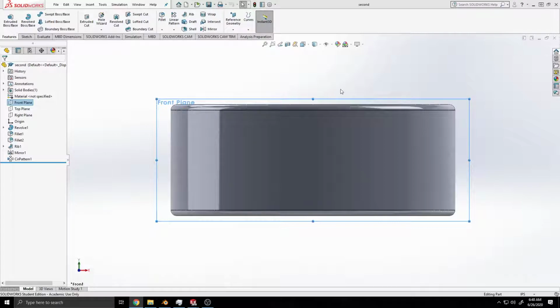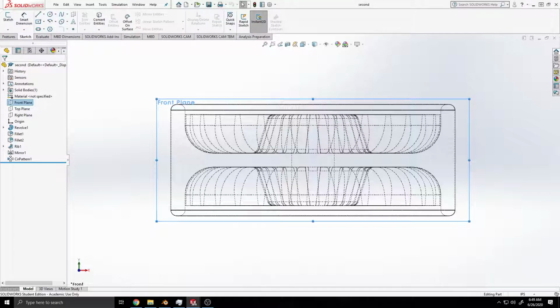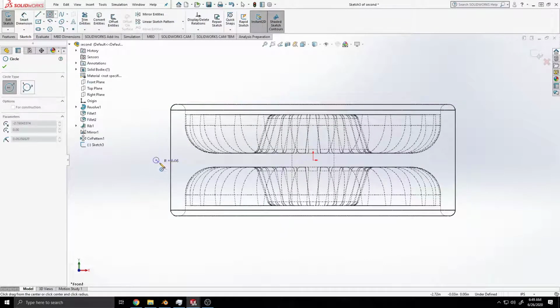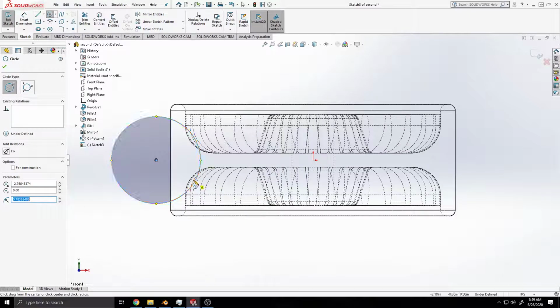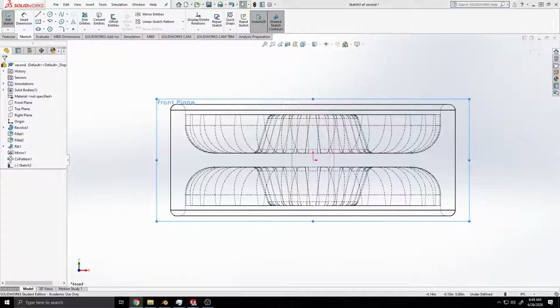Go to the view selector here, and let's go with hidden lines visible. Now you can see through it. Select the circle tool, and right on this midpoint on the far left edge, click and drag out a circle, and let's maybe make it intersect that fillet right there. Click. Now up here, right about 1/4 of the way